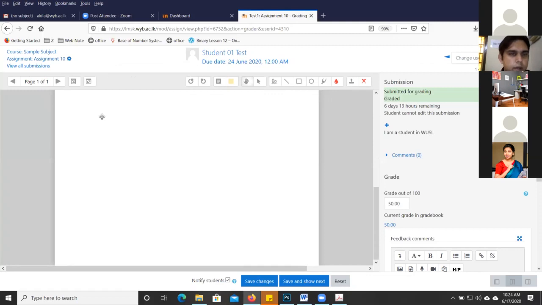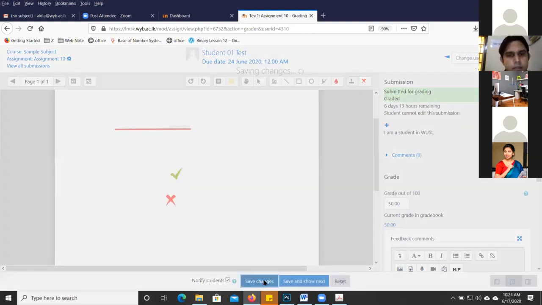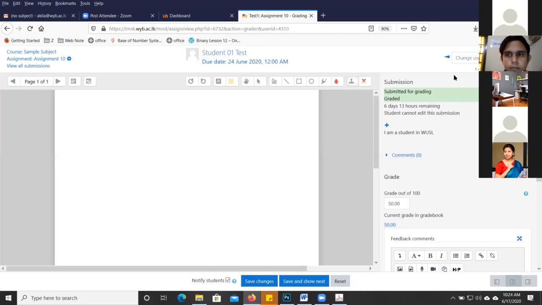Because I haven't submitted any file, I can't see anything here. So you can draw things if you want. Again, you can add notes and other things like here. So then you can save the changes. So this is what you can do while grading. So save the changes. Okay.